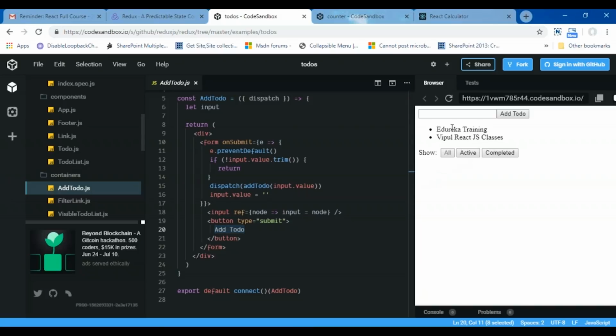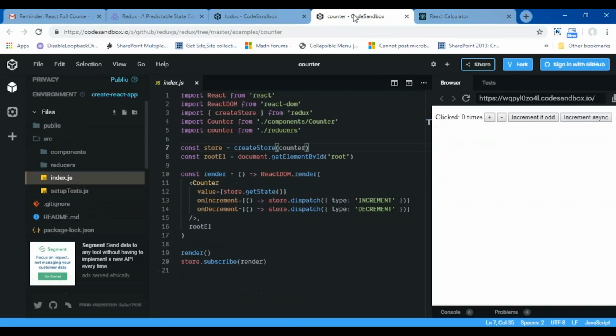Now we'll see the functionality. Let's say this is complete, and if I click on active to-dos, it is showing me the active one. Completed, it is showing me the completed one, and if I click on all, it is showing me all the to-dos over here. So let's say if I write React routers and click on add to do, now I have 3 to-dos in my list, which is showing me the all list. If I want to see the active, I can see the active ones. If I want to see my complete to-dos, I can click on the completed one.